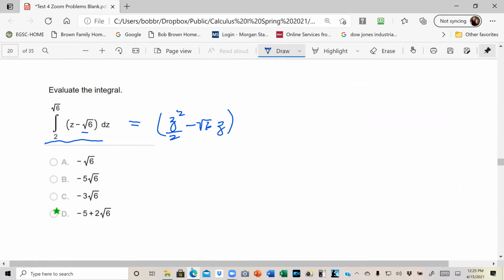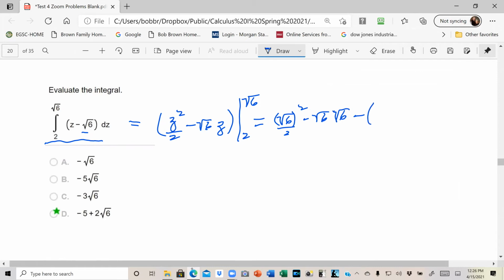And we want to evaluate that between 2 and the square root of 6. And so that's going to be the square root of 6 squared over 2 minus the square root of 6 times the square root of 6